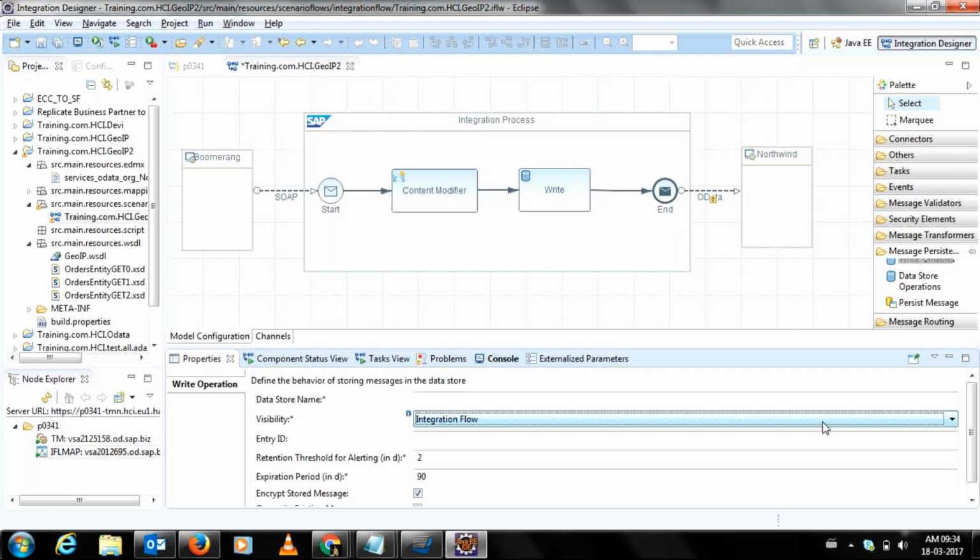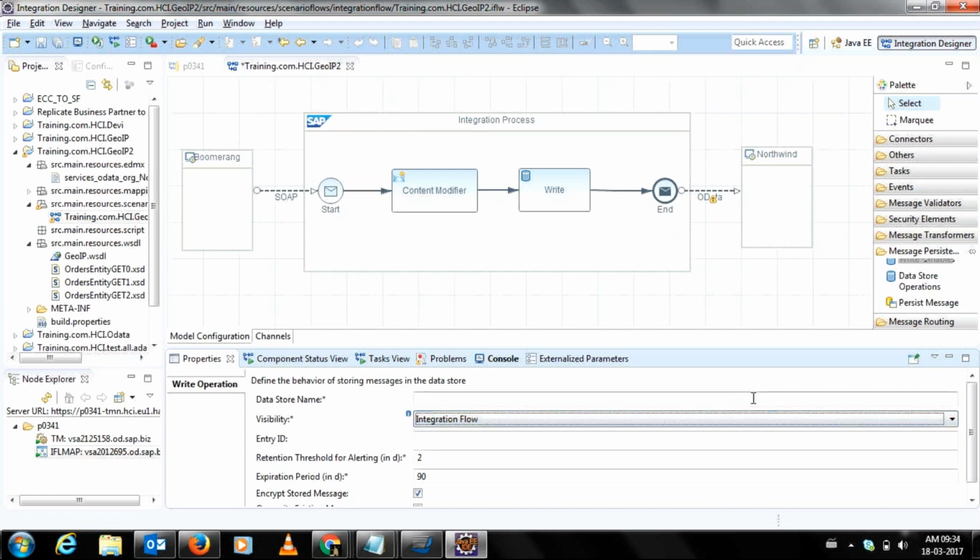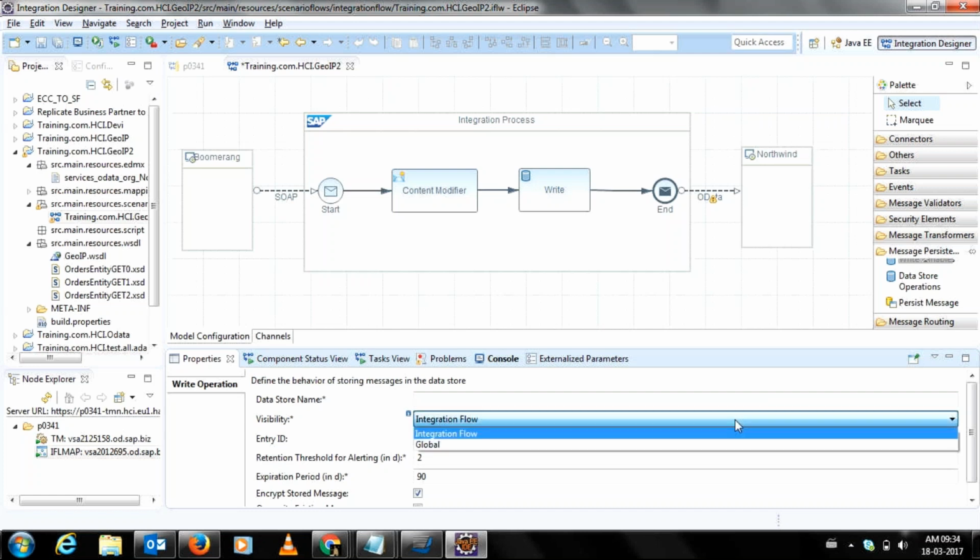Then I will create an order data store name, and I will set the visibility as global. So other iFlows will also be able to fetch or read the data store and use it for their purpose,